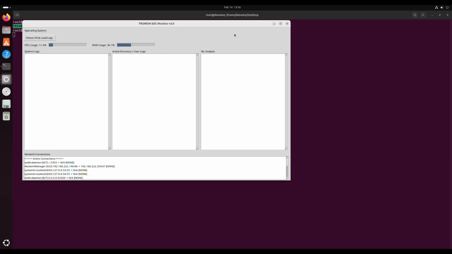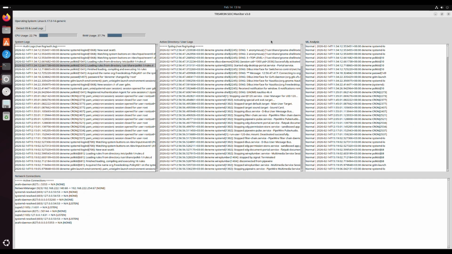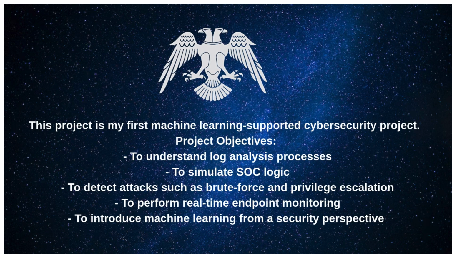TRS4R3N SOC Monitor v3.0 is a cross-platform SOC simulation tool that performs log analysis on Windows, Linux, and macOS systems, conducts threat classification using basic machine learning logic, and provides real-time system monitoring. This project is my first machine learning